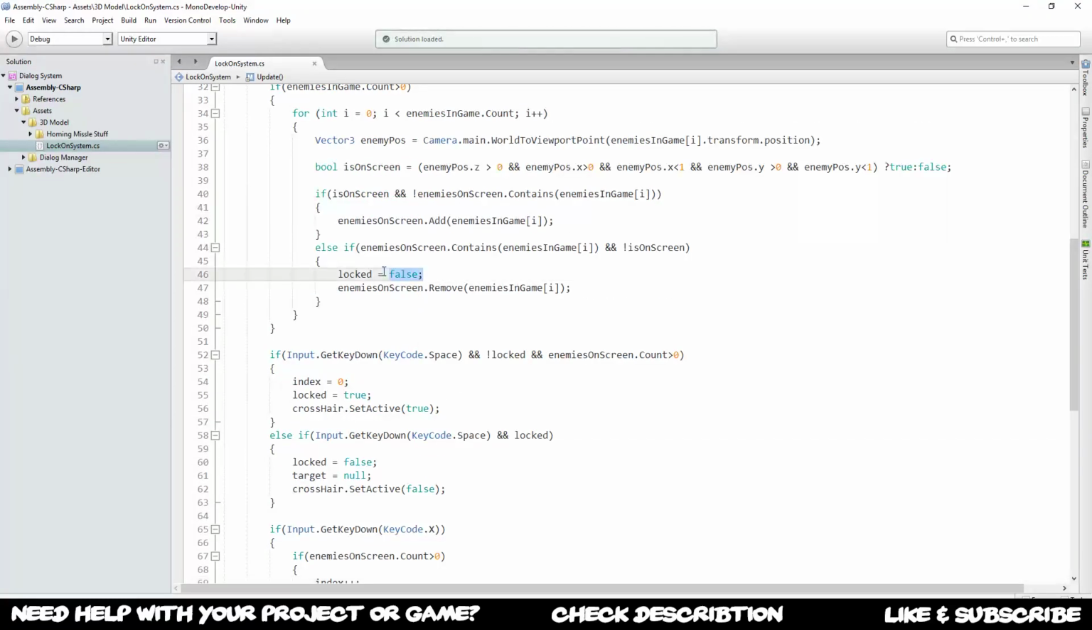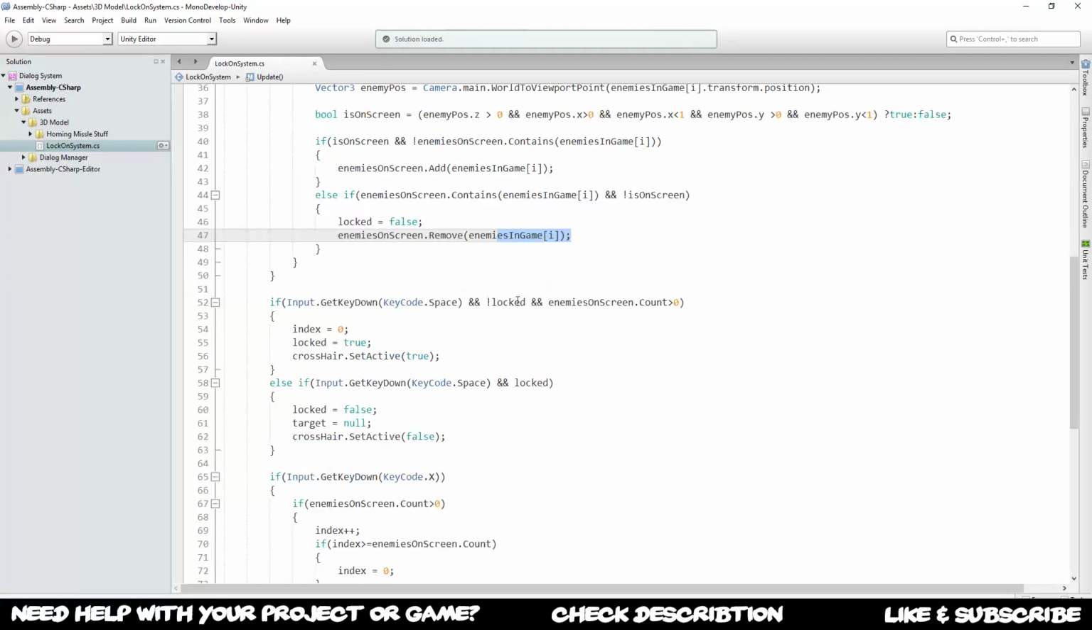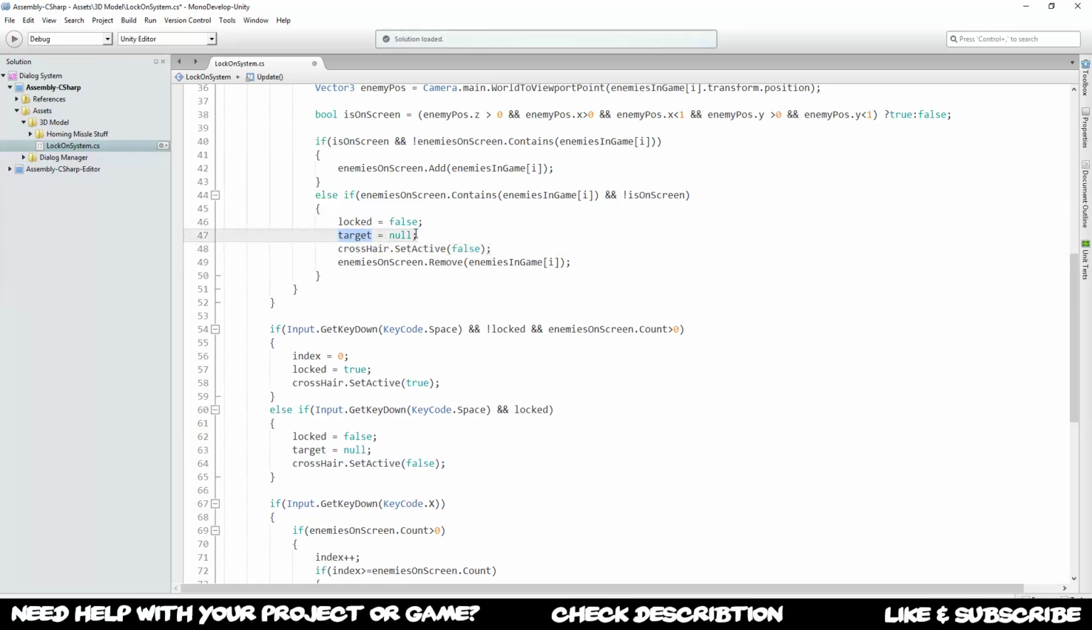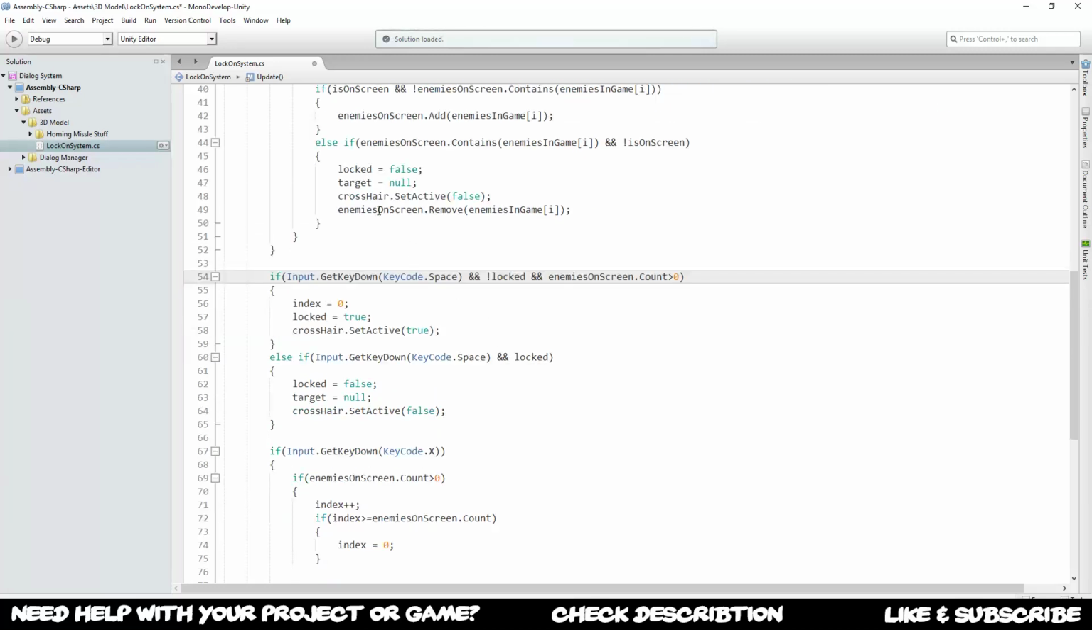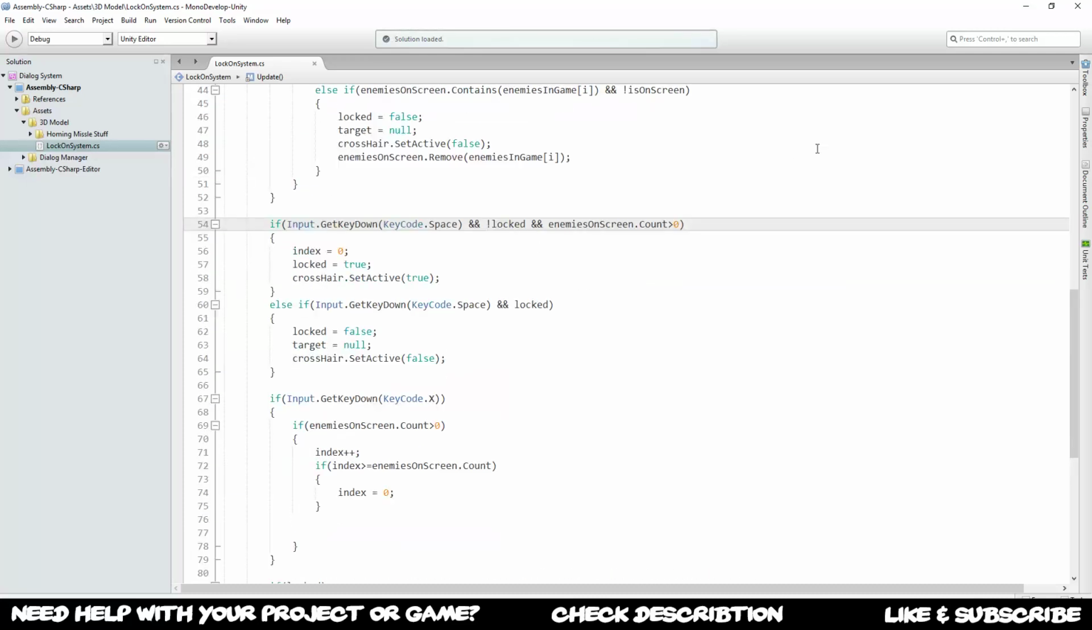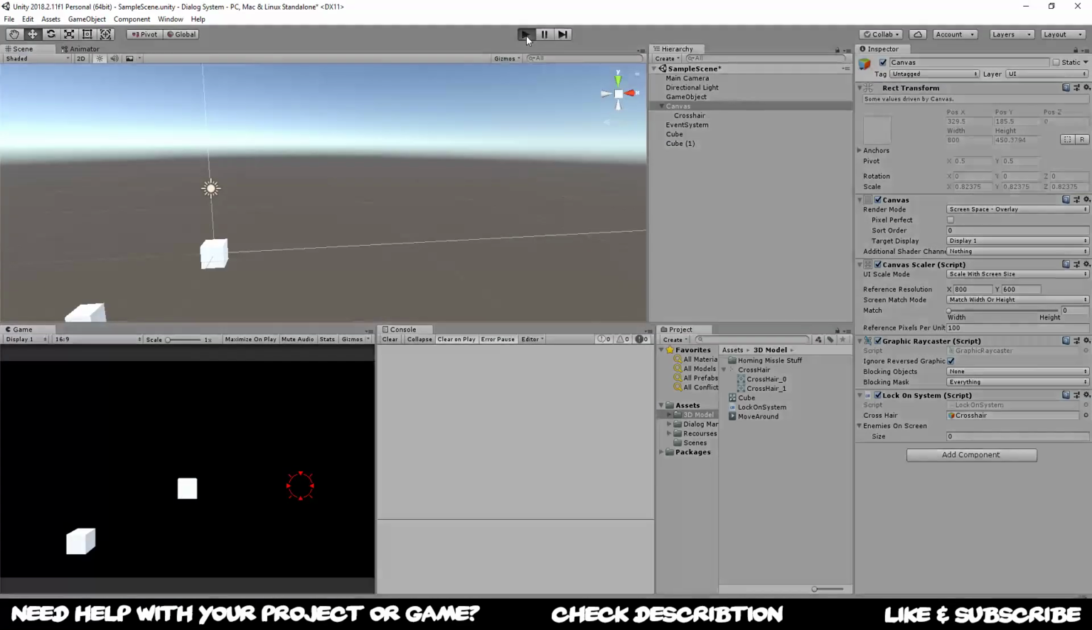And like here, we are removing this one anyways over here. So we want to make sure that we probably go and set the crosshair like here to be false, as well as resetting, or not setting any target, because we actually haven't locked anything anymore on the screen. So probably that fixes a problem here and there. So let's try that out again,